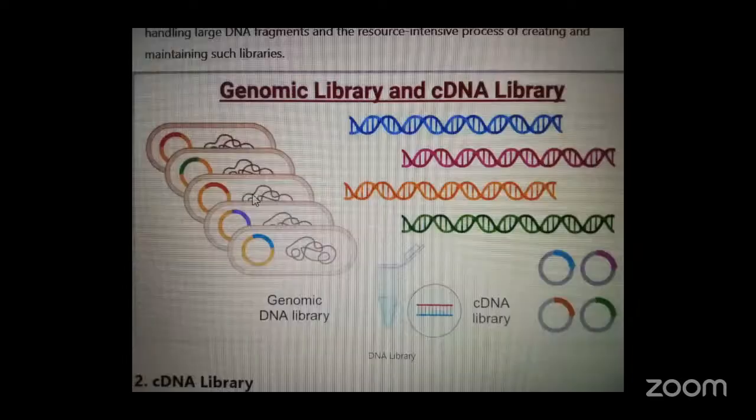So the next one is the transformation. So the transformation means the recombinant vector containing the cloned genomic DNA fragment is transferred into a suitable host,